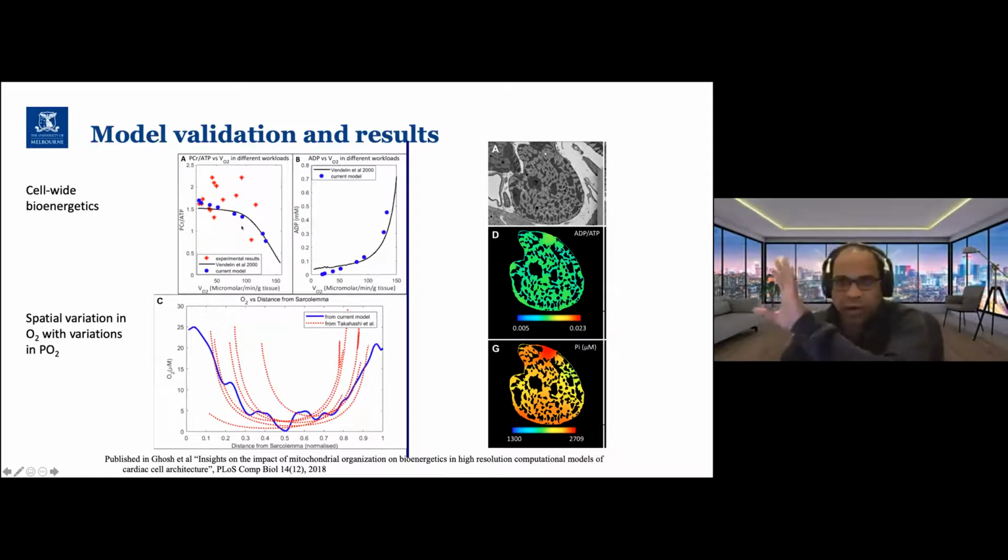This is on a whole cell assay. The bottom one is a more individual cell spatial assay, where the red lines represent oxygen concentration through the cardiomyocyte, and the blue lines are our model predicted ones. And you can see that just by coupling together the biophysical models of OXPHOS and transport of metabolites, we can start to simulate the